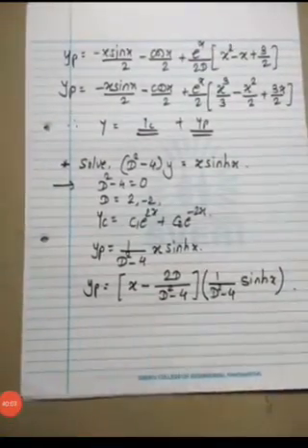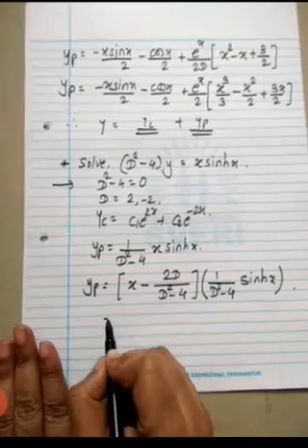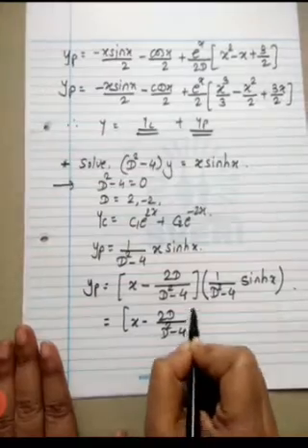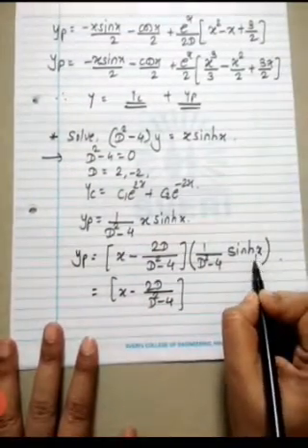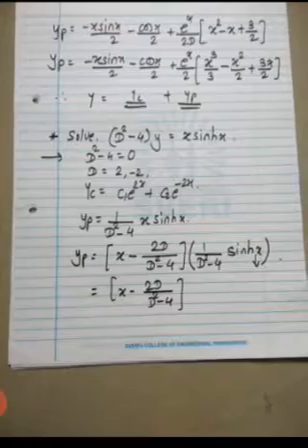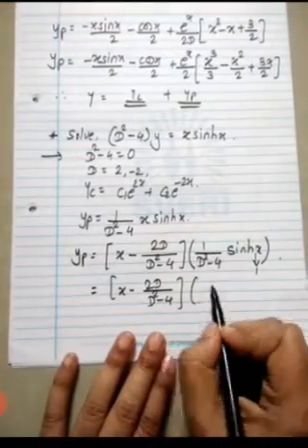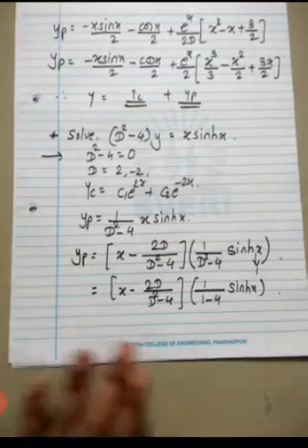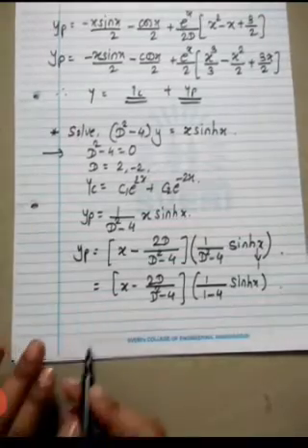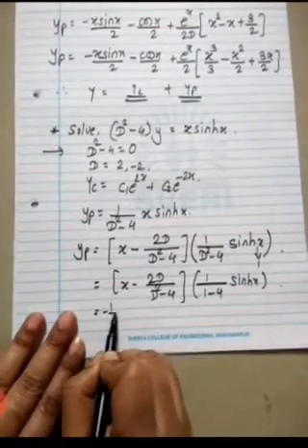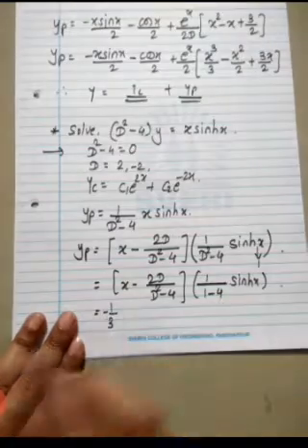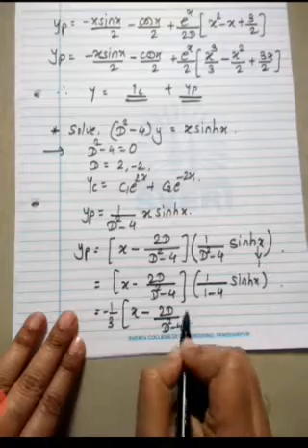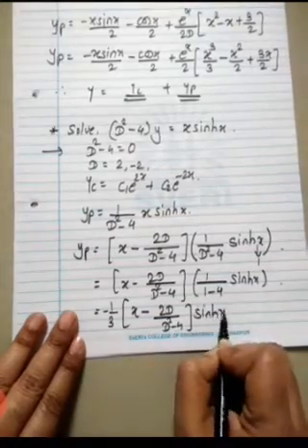We'll solve this. So it is equal to (x minus 2D) upon (D square minus 4). Here D square will get replaced by what? 1. Very good. So it is 1 upon (1 minus 4) sine hyperbolic x. So this is minus 3. We can take it out, so minus 1 upon 3. This minus 3 we have taken out. So (x minus 2D) upon (D square minus 4) into sine hyperbolic x.